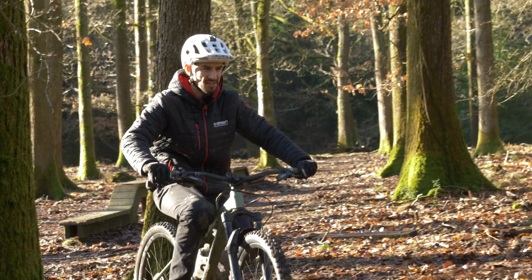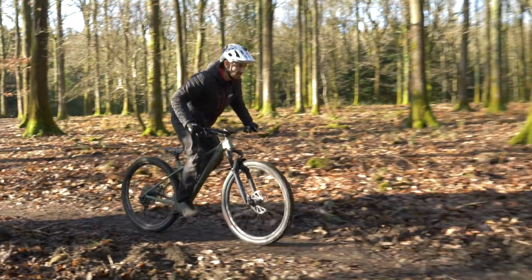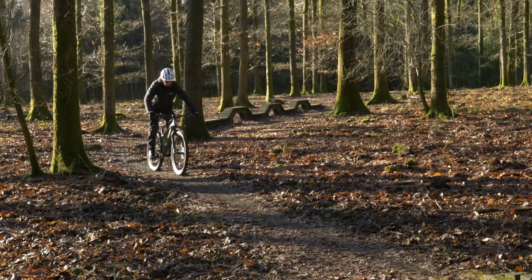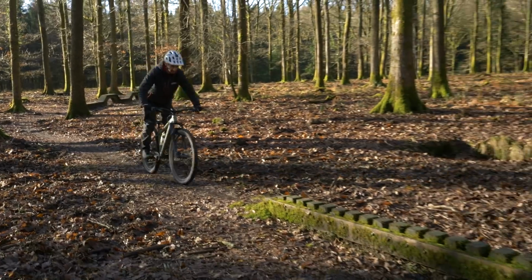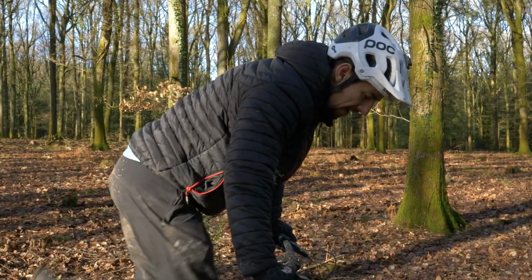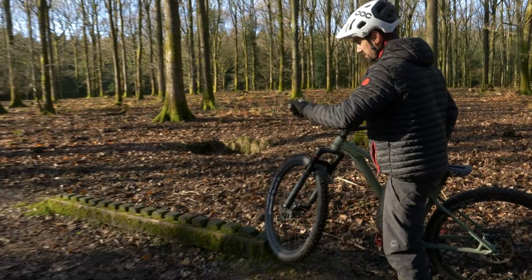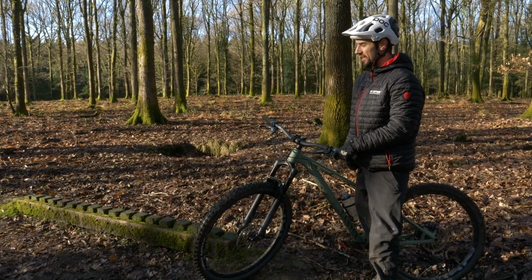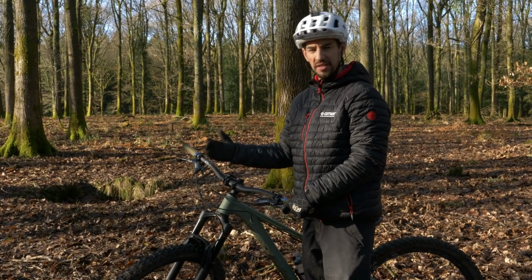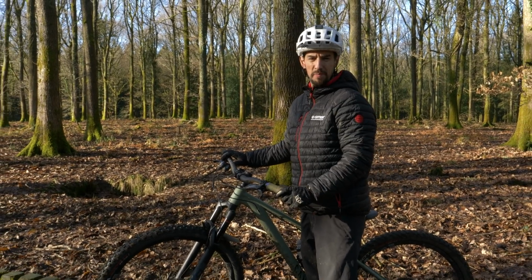Well, muddy tyres and wet mossy wood sounds like a good combo to me. It's very narrow. Oh, nailed it. Even though it's only small, it's still quite intimidating coming in something this narrow. Thing to do with that is if you start losing your balance, obviously you've got no space to steer to regain it, so I'm just using my weight. But if I know I'm coming off, it's better just to bail off the side and ride out. As long as you're not 10 foot in the air,